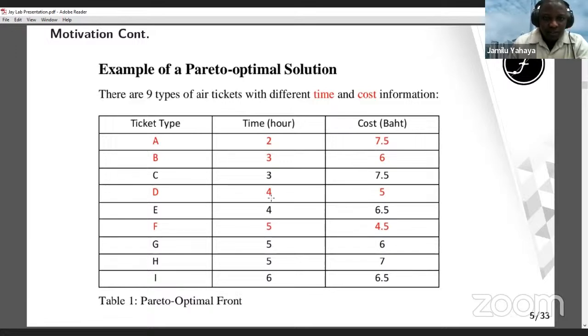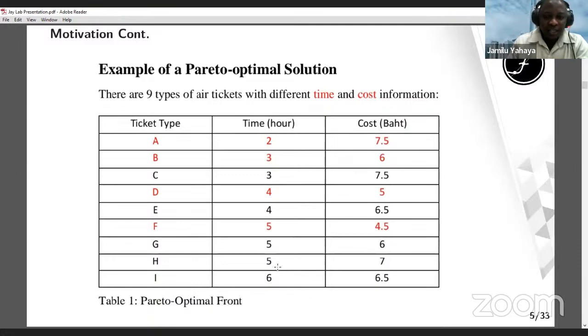Again, if you look at the case of D, you will notice that D has high cost compared to A and B and C also. But the cost of air ticket is less than all other ones. All other is less than A, B, and C. So therefore, in this case, if you compare D with E, with G, H, and I,